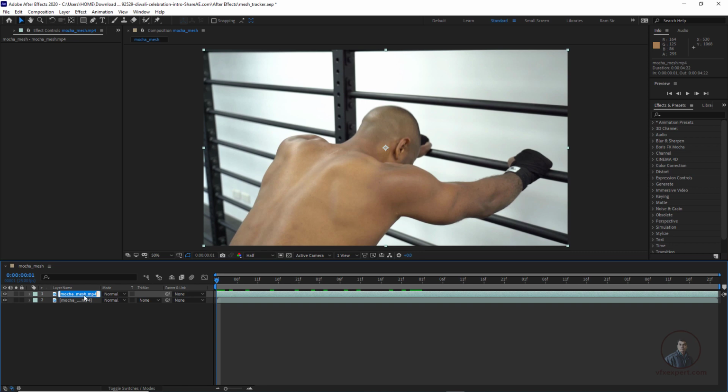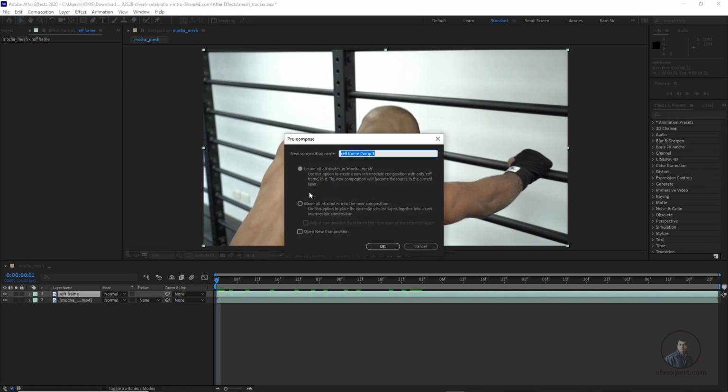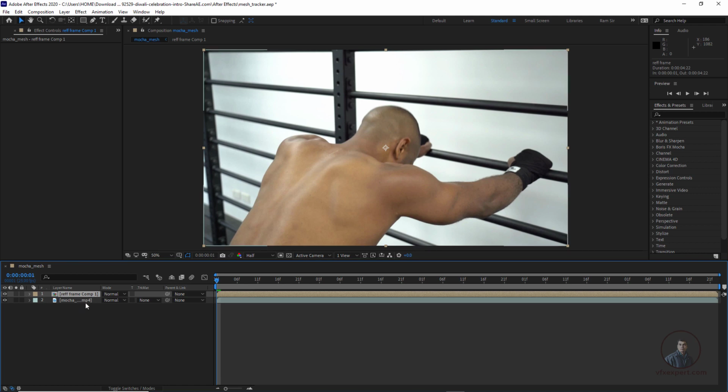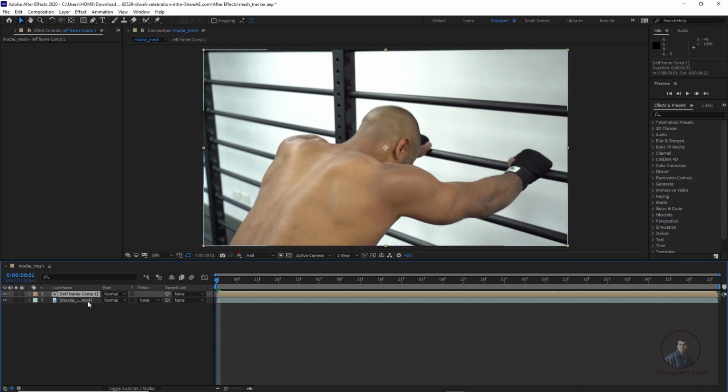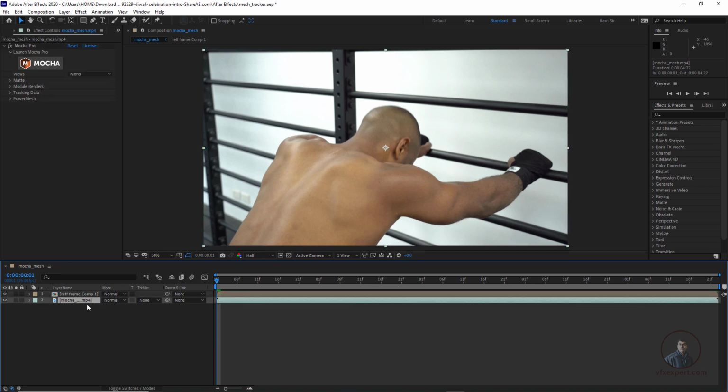Then select the layer, press Enter and rename the layer to reference frame. Then simply pre-comp this one: right click, Pre-compose, Move all attributes, reference frame, then press OK. Now we have to apply Mocha tracking data from our video to this layer.